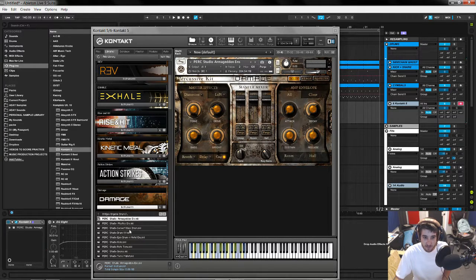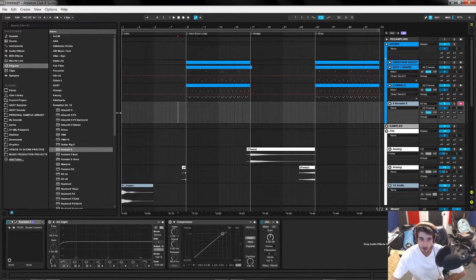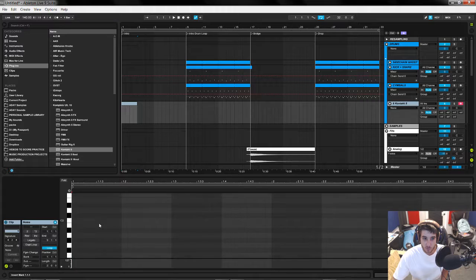So I like to use this stuff. Concert bass drum too is pretty cool. Just have to find the note. Oh, it's way low. I like to use these notes. It's the rim hits. So let me try getting a little loop going. Maybe we could like filter it in to add some more energy. It's way down here, I think.